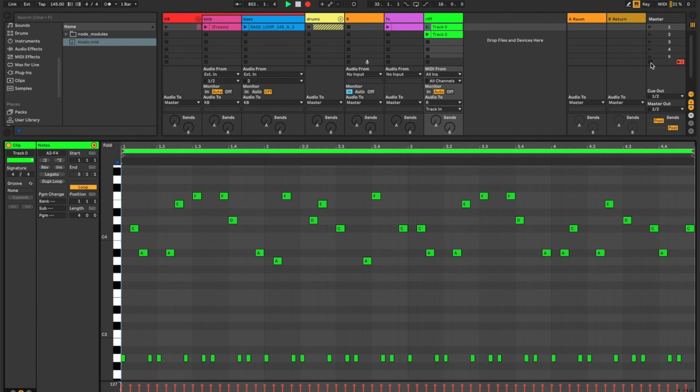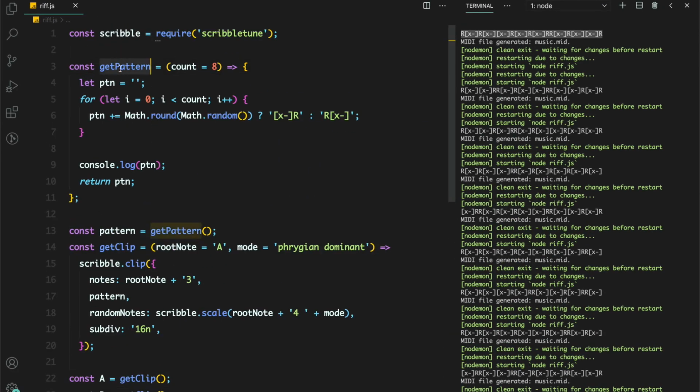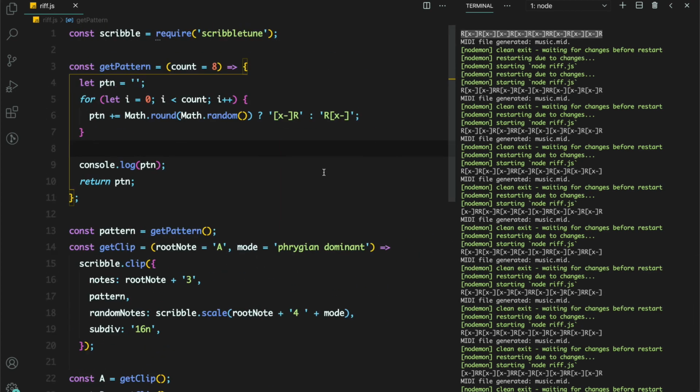Just the way I have decided to put this clip, this pattern method over here, this get pattern. This is my idea, right? Let me put it like this. But what if you had a different idea? You wanted to construct your pattern in a different way. You can do those kind of things only with scripts. So if you're not keen on writing JavaScript or doing all this business, you can just use my Max for Life device, and I'll post the link to that device in the description of this video.